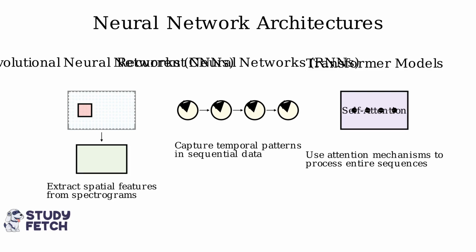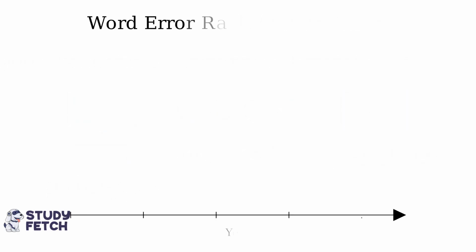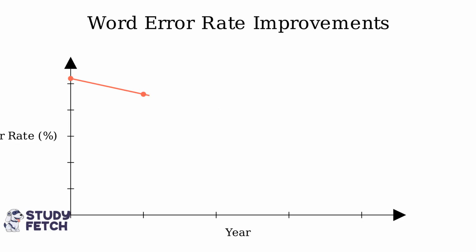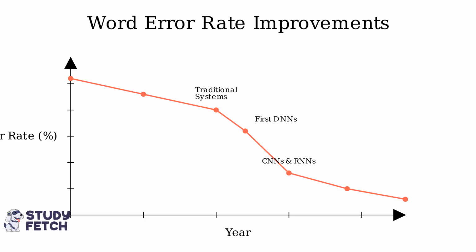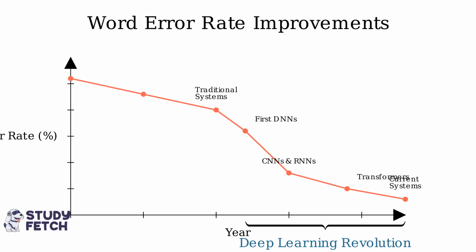more effectively. The impact of deep learning on speech recognition has been dramatic, with word error rates dropping from over 20% to under 5% in many applications. Traditional systems in 2010 had error rates around 20%. The introduction of deep neural networks in 2012 began the revolution, with CNNs and RNNs reducing errors to 8% by 2015. Transformer models further reduced error rates to around 5% by 2019, and current systems achieve less than 4% error